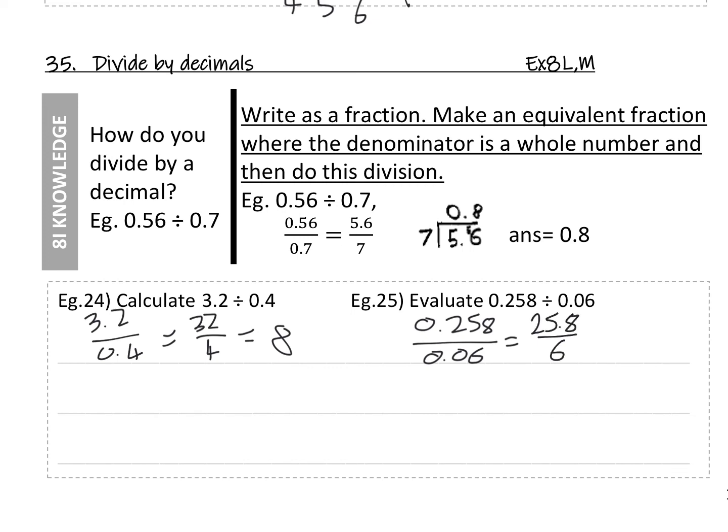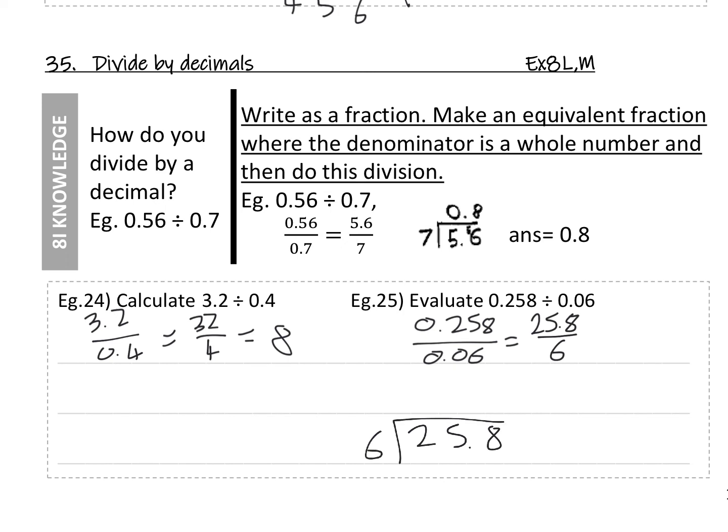Now you might be thinking, why not times by 1,000? Because that would make the numerator a whole number. Well, I don't really care about the numerator. I just want to make sure I'm dividing by a whole number on the bottom. And actually dividing by 6 would be easier than having to divide by 60. So then I get the 25.8 and I use my bus stop method to divide by that 6, the whole